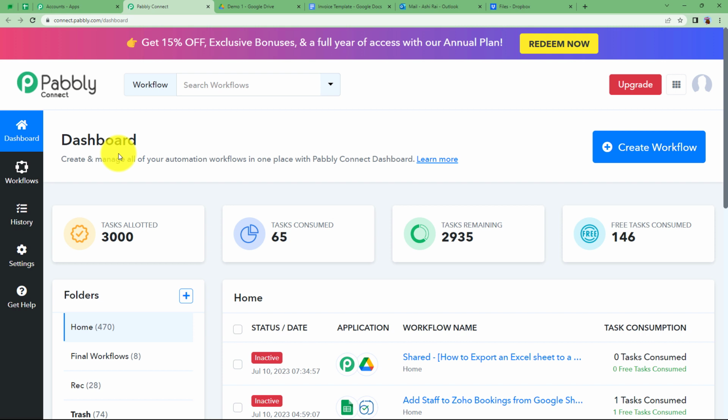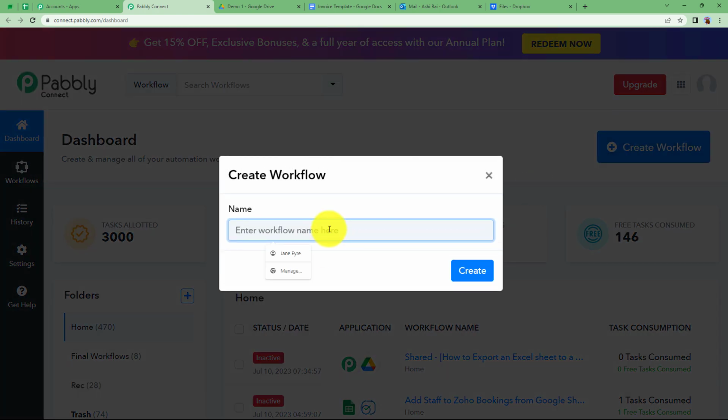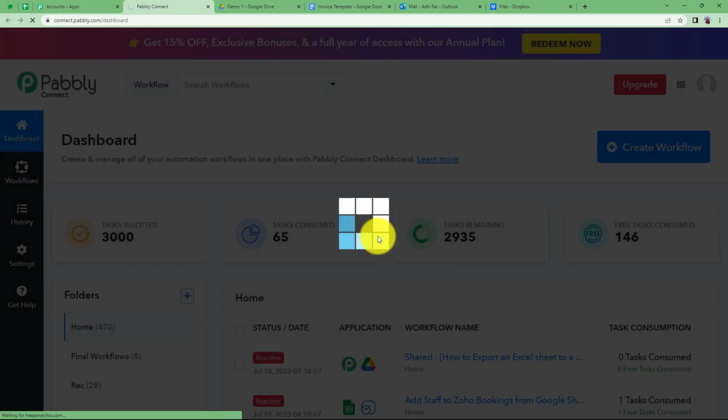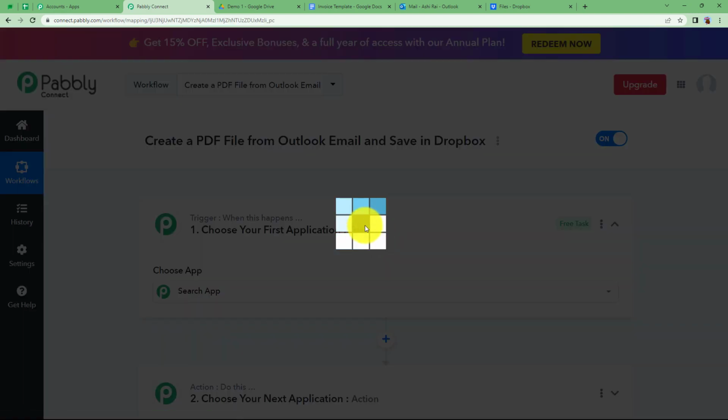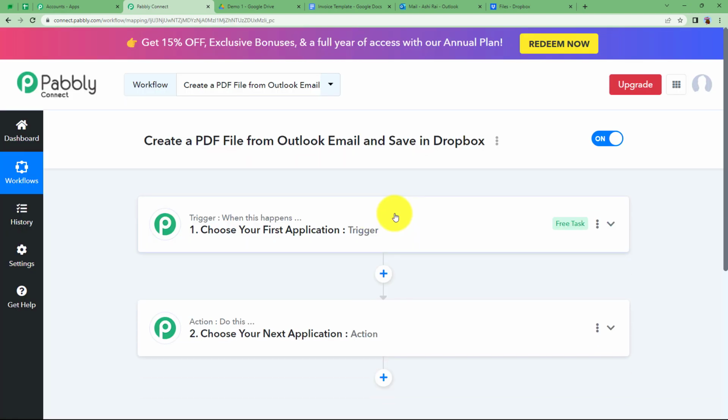Reaching here, you will be able to see a big blue button on your right side where it is written Create Workflow. Click on the button and give a suitable name to your workflow. I'm going to name it Create a PDF file from Outlook email and save it in Dropbox. Click on Create, and a blank workflow will be created for you, like you can see on your screen. You will be able to see Trigger and Action, the two major modules of Pabbly Connect on which the complete